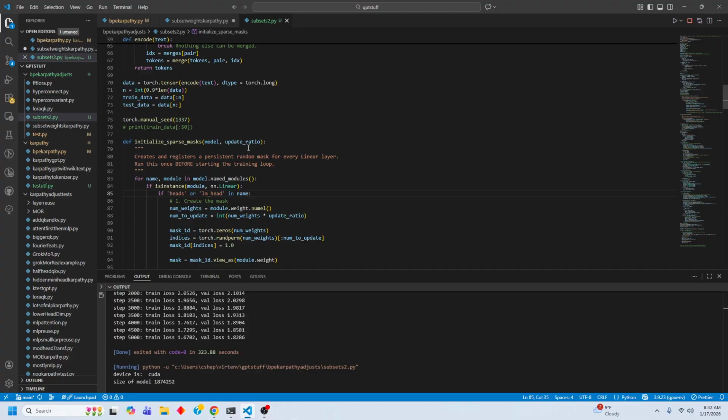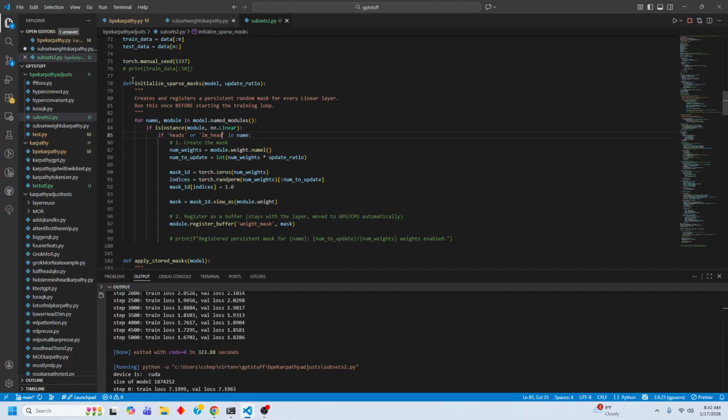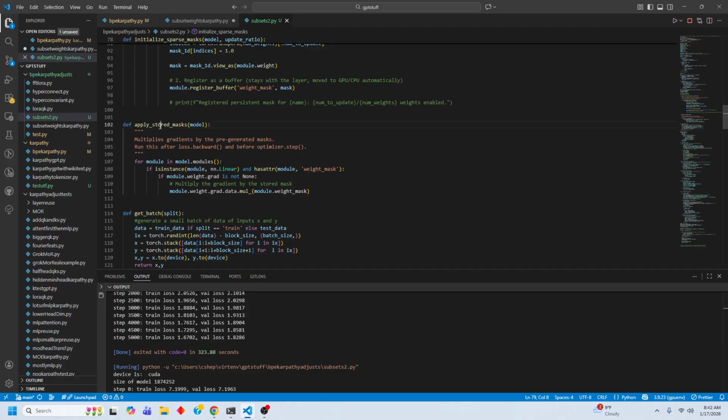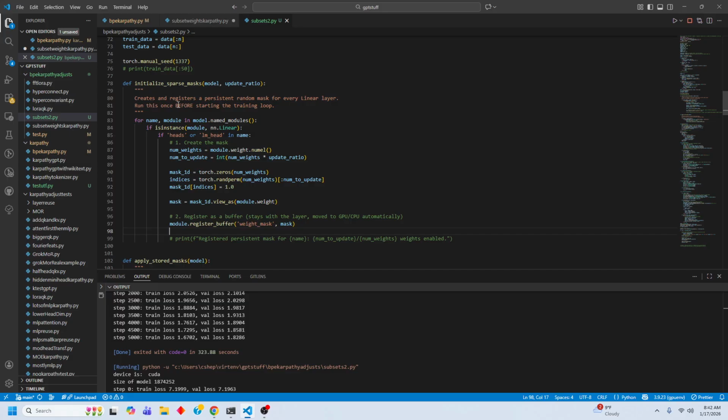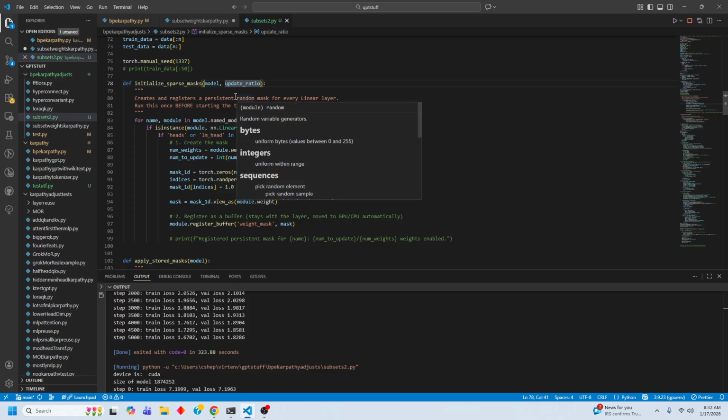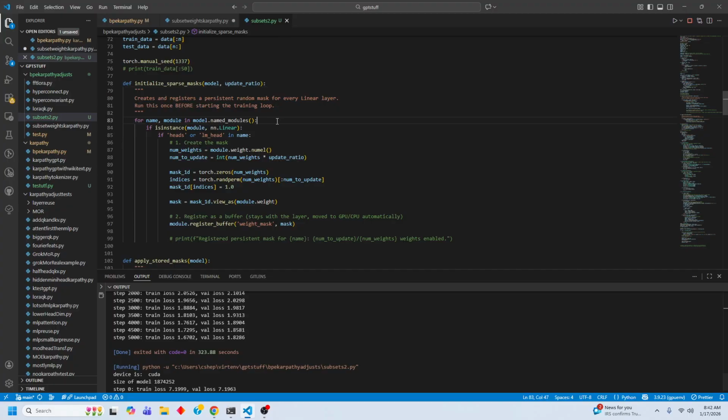Okay, so basically two functions we need: initialize sparse masks and apply stored masks. This will happen before you start the training, after you set up the model and before you start the training iterations. You need the model and you need the update ratio. Then, for name and module in the model's named modules,